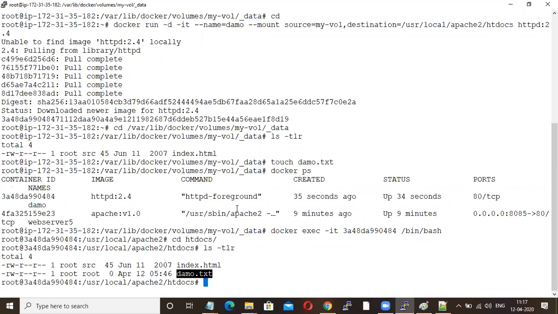If I place a file in my local machine, you will get it here. If I create a file here, it will be populated, and you will get that file in your local machine as well. That means you are mounting your local file system to the container file system.